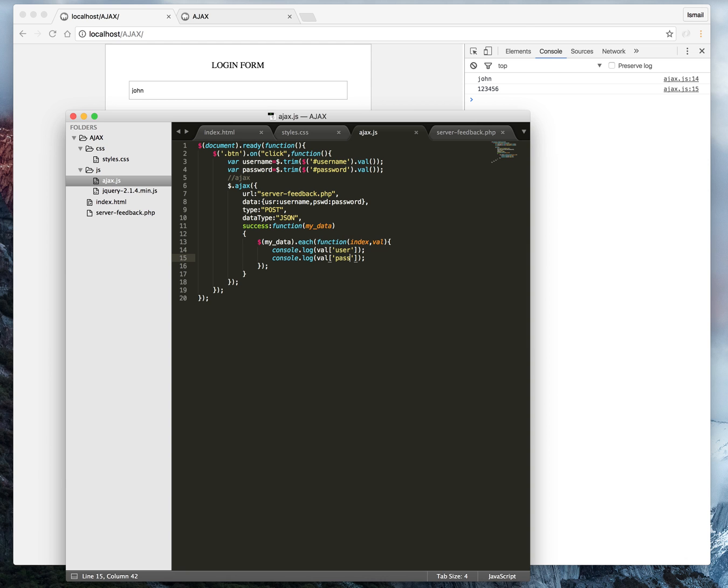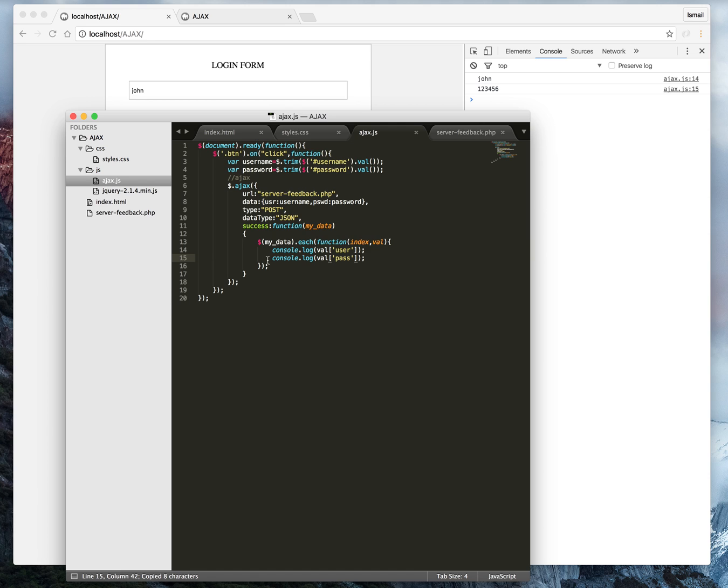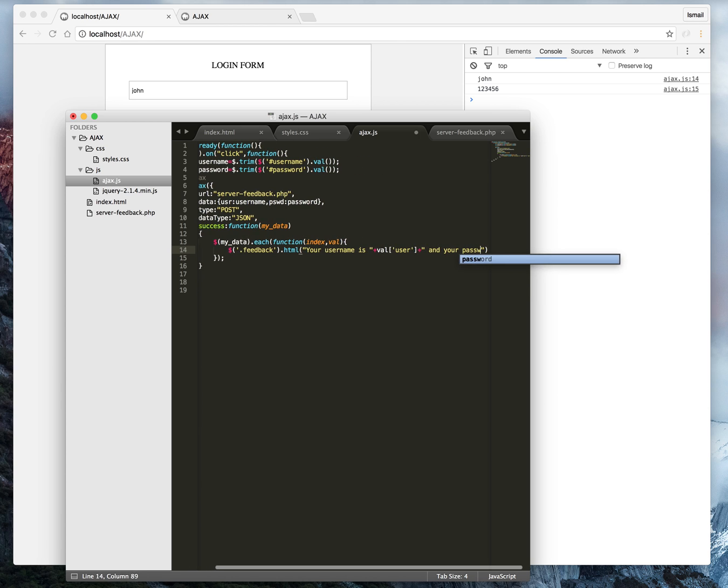So let's just show our user what he or she typed. We just go over here on feedback. That's jQuery .html. You typed, your username is... what username do we want to show him? We want to show him exactly what he typed over there, and we're going to call it user, and we need to append something else, and your password is